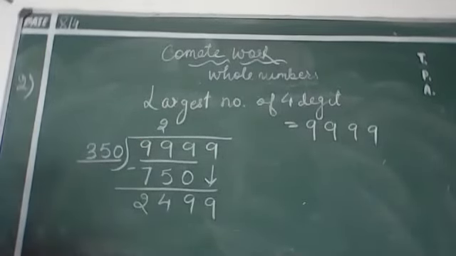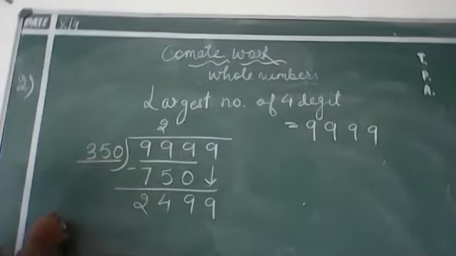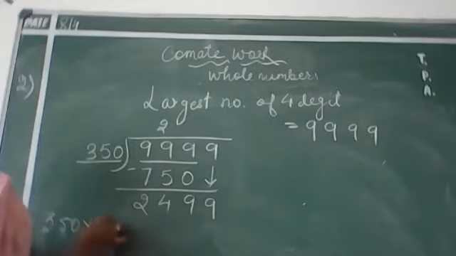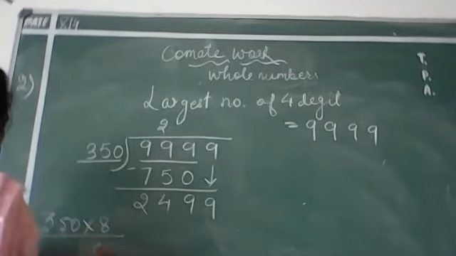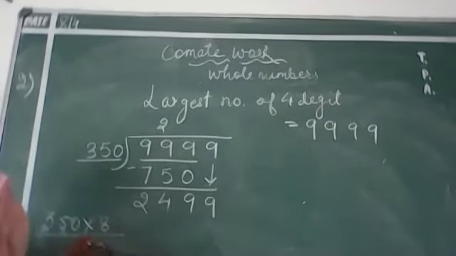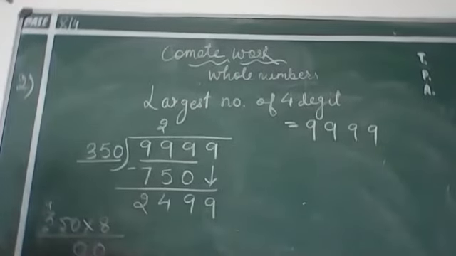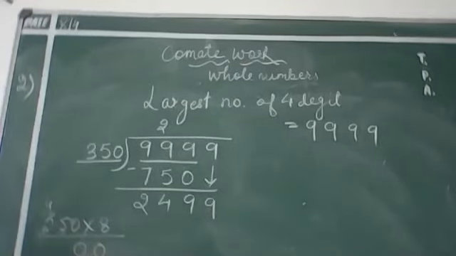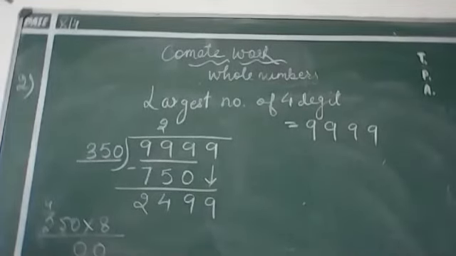And now you just have to do it again. So let us do this. 350, let me do it 8 times. 8 zeros are 0. 8 fives are 40. Carry here 4. 8 threes are 24. And 28.